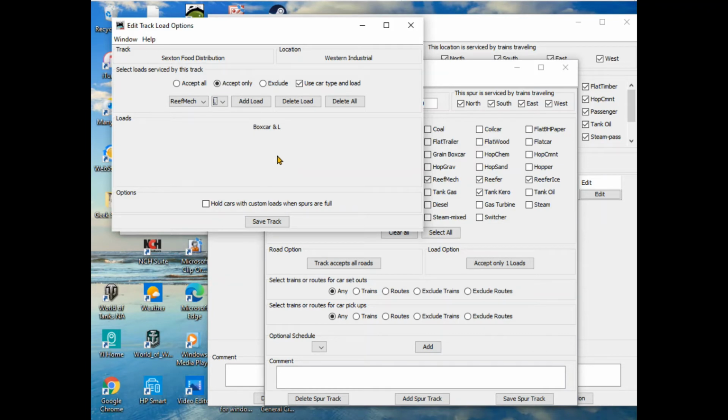Okay. Remember, it's bringing in foodstuffs by rail and it's distributing out by truck. Okay, so we're going to add that load. And regular reefers, we're going to take in loaded ones. All right. Add that load. Reefer ice. Loaded, food,